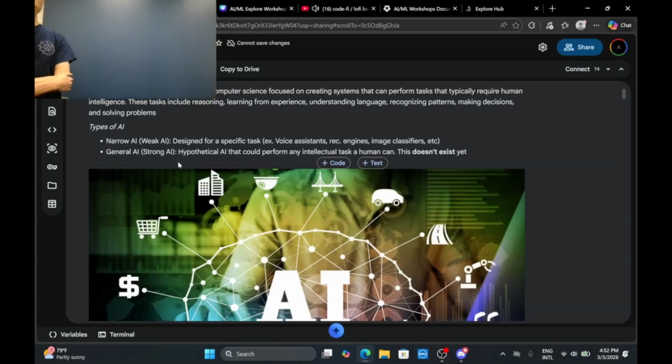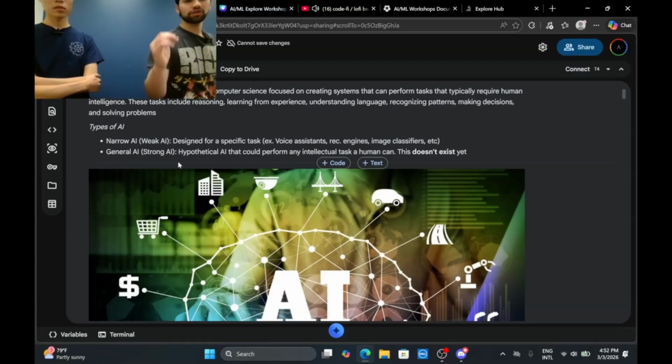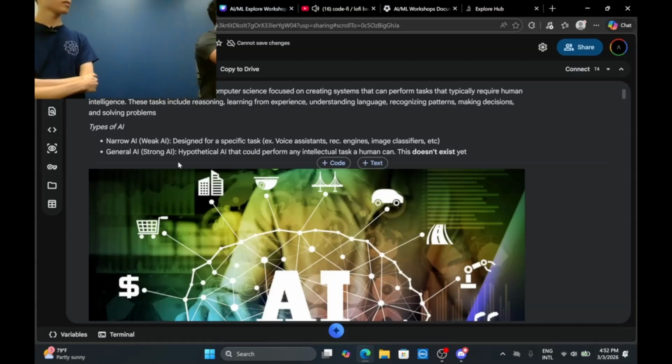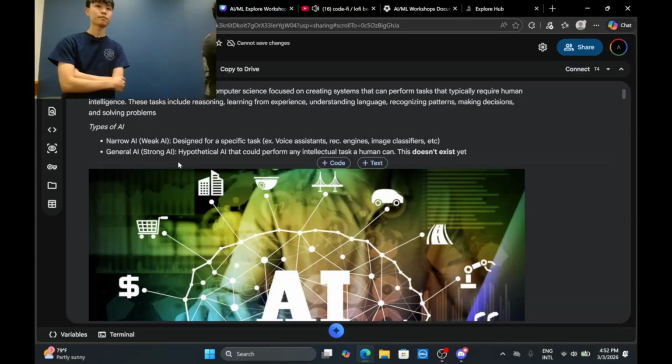It's not just a computer vision model for detecting images or a text generation bot. Under the same model, it does all these different things. And under AI, it could literally be a bunch of if-else statements. That could technically be AI, right?